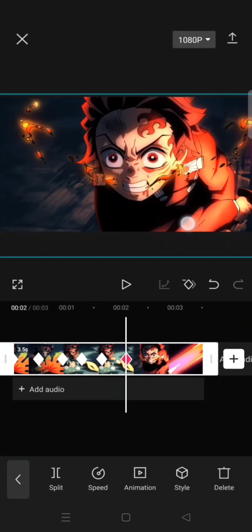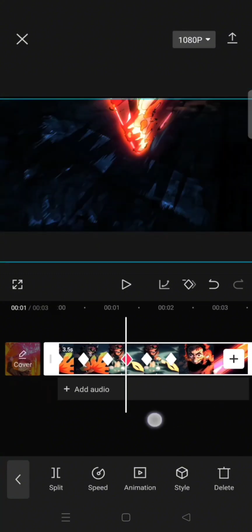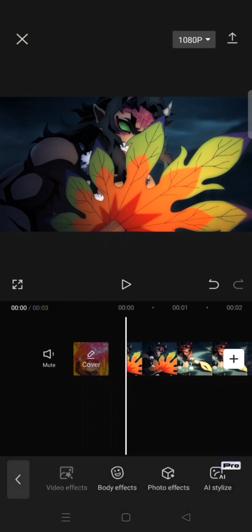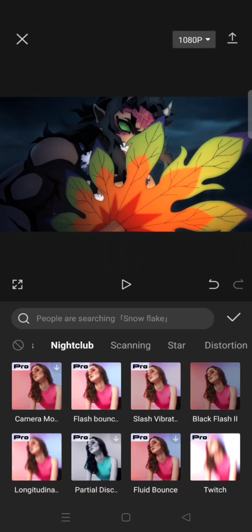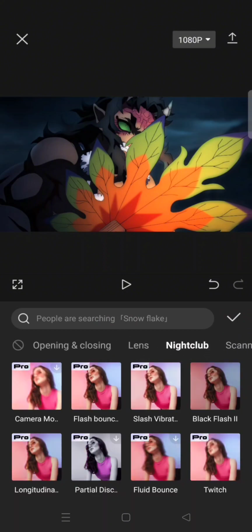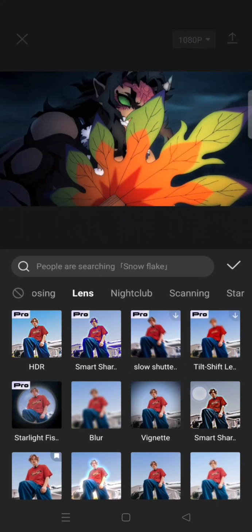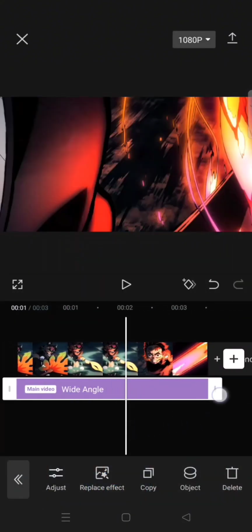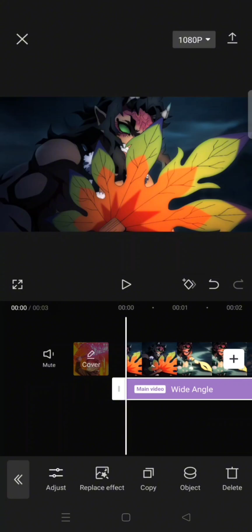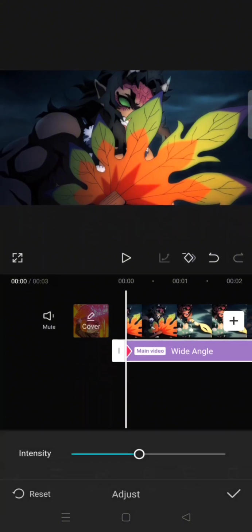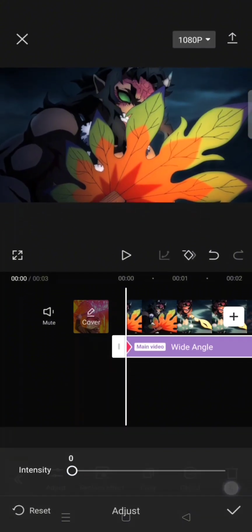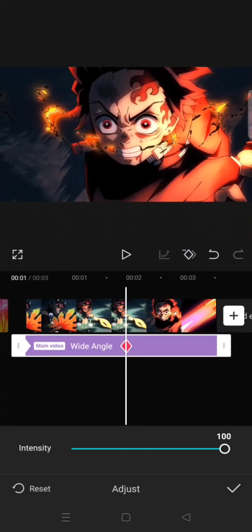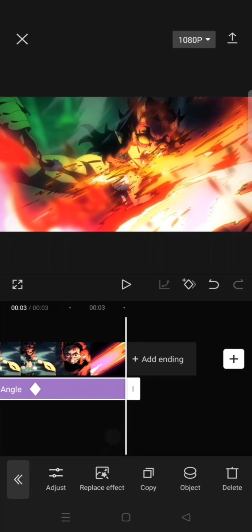Okay, one more time like this, and now go to the video effects and add the wide angle effect that you can find under the lens category. This one, apply it to the entire clips. Now add 3 keyframes at the start, set the intensity to 0, in the middle 100, and at the end back to 0